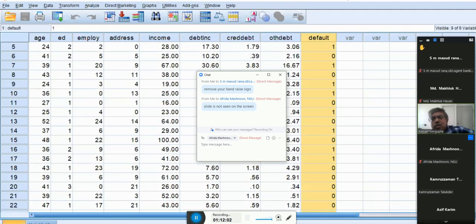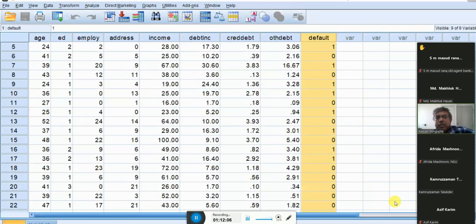So this is how, with the base data, you can do the prediction for a loan customer.